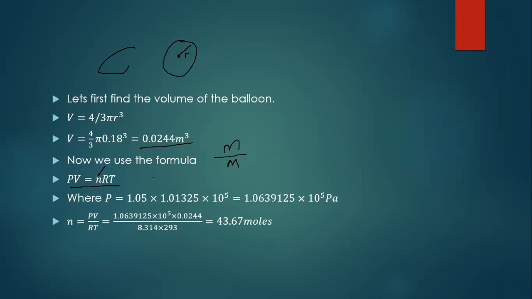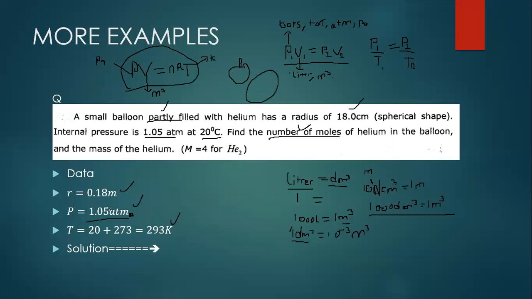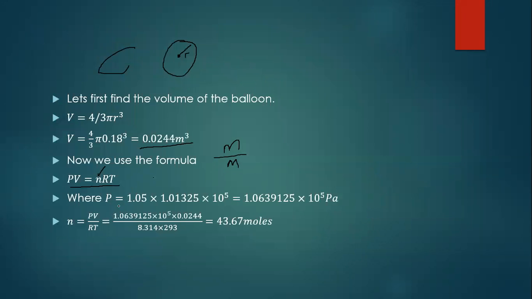If we use this formula, pressure always has to be in Pascal. Remember, the pressure was given in atmosphere. Atmosphere is also a unit for measuring pressure. So 1 atmosphere, 2 atmospheres, 3 atmospheres, pressure might be given in that way. So we need to make sure it is given in Pascal. The conversion from atmosphere to Pascal is we just multiply the value given in atmosphere